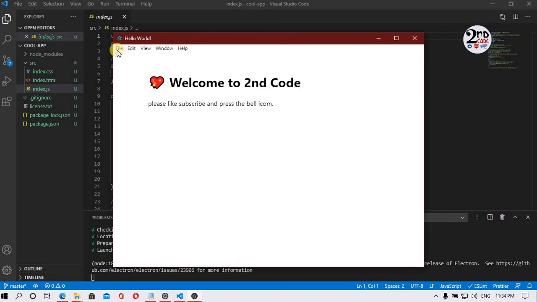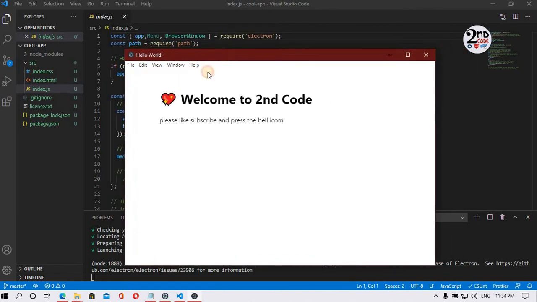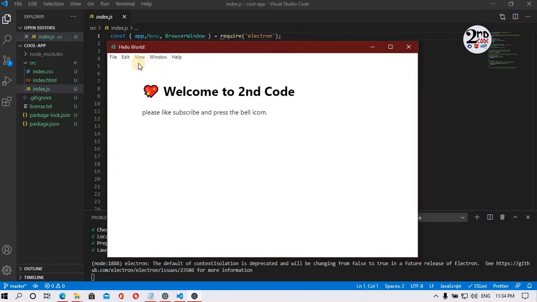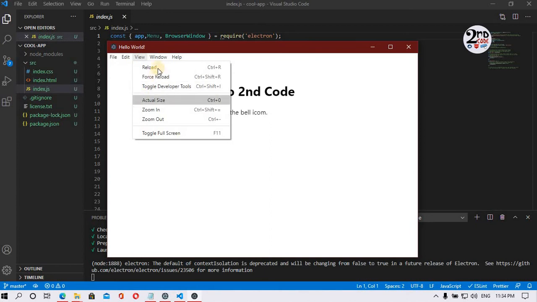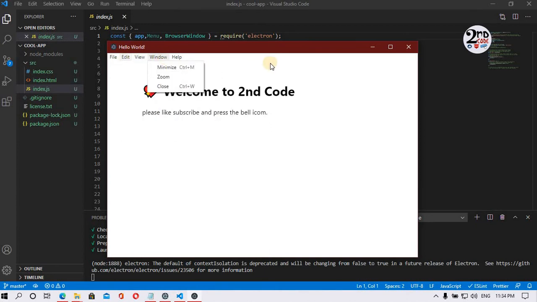You can see these are the menus which came along with the basic desktop application, but we are going to make our own custom menus. You can see the menus: edit, undo, view. Simply close it.